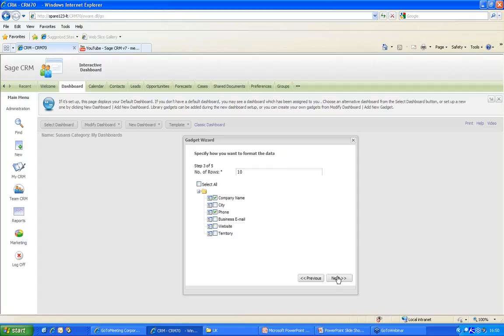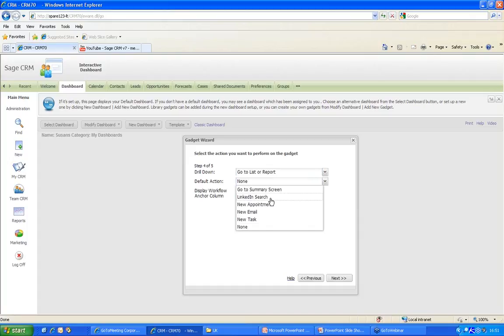Let's have here just the company name and the phone number, and I want to be able to quickly go to that list, and perhaps I may want to be able to say immediately send them an email or set a task, for example. And if I have workflow, I may even want to be able to say that there's workflow that I can carry out. So I'm going to say that these are active customers in Boston,